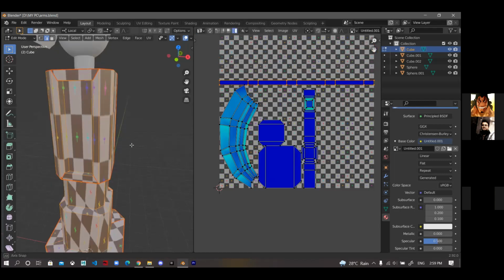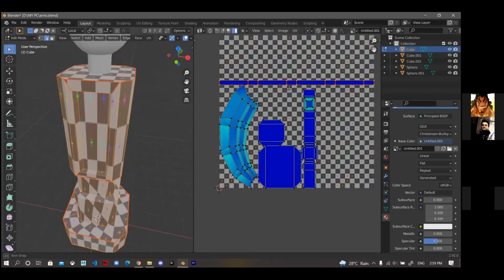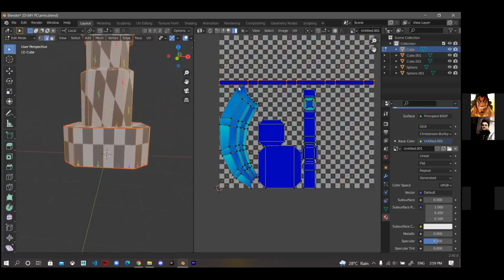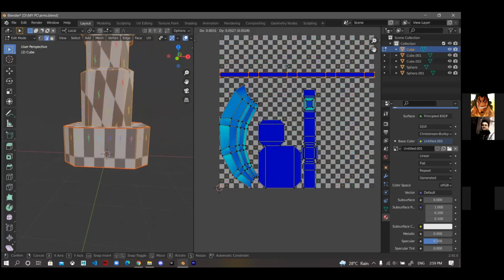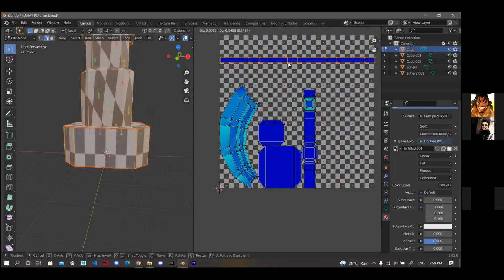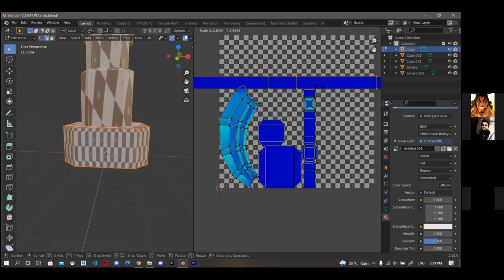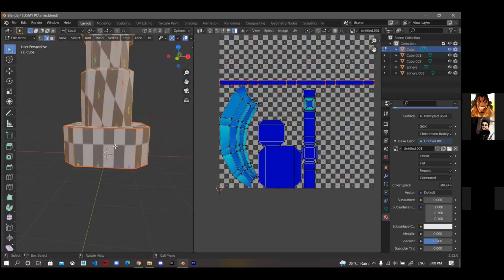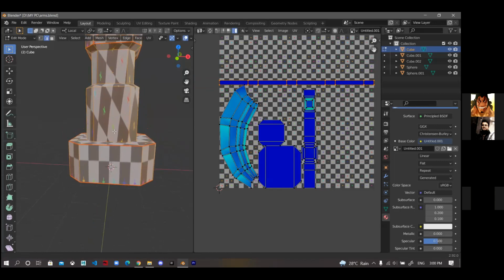What it will do is change the background image, and also we can change the scale, and we have to change the scale to make this UV grid a square. That will show it at the right scale.